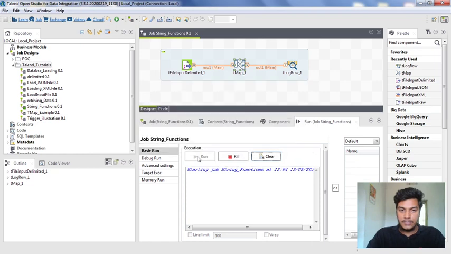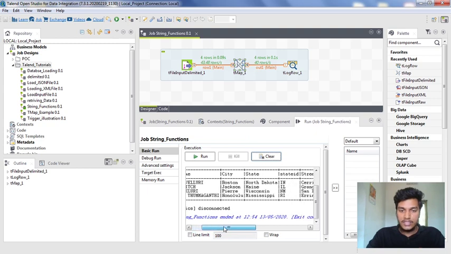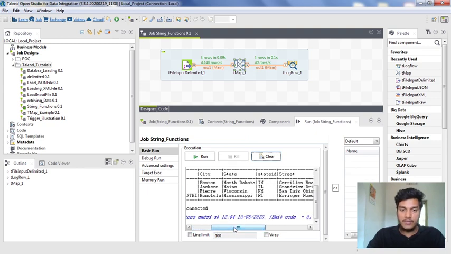I am saving it. See, first name is both after concatenation, and city is a random city name, because we haven't included city, state, state ID in the input file. The input file will be having only 3 columns, the age, first name and last name. But here these are all the columns that we have added for the output, which are all Talend data generators.